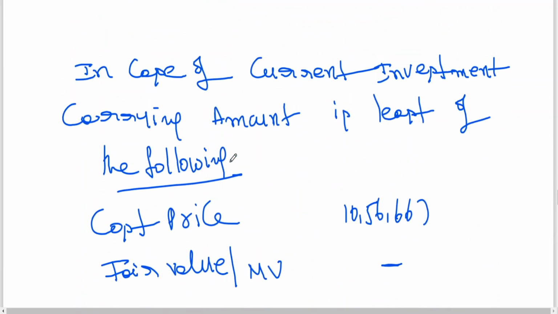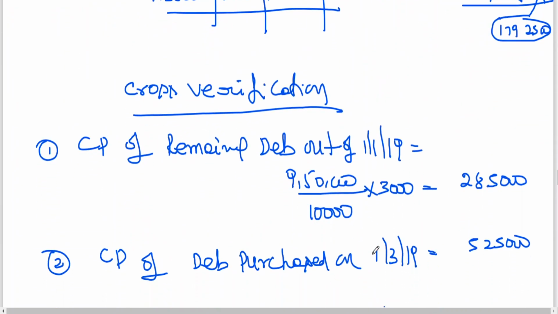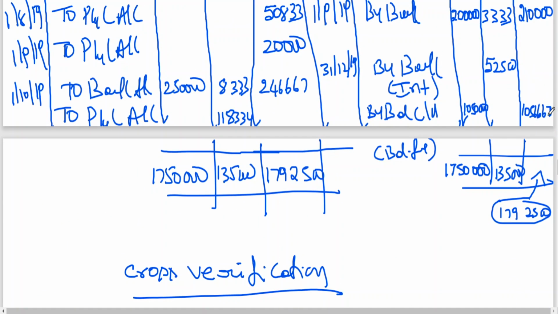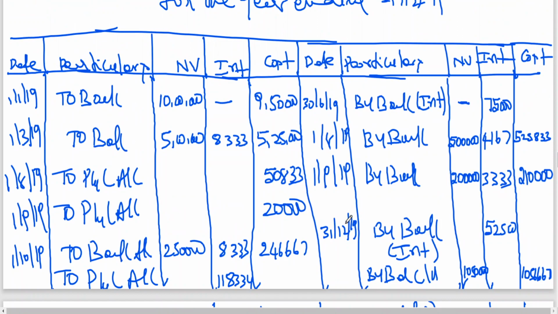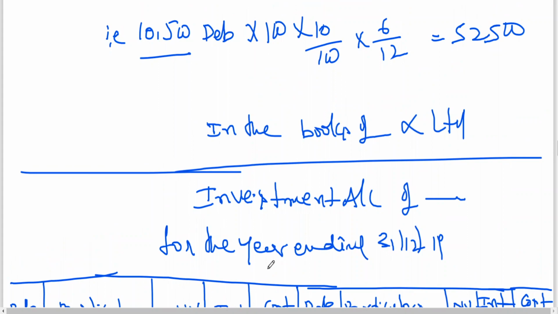So today what is that you have learned, my dear friends? When market value is lower than cost price or market value information is not given, this stuff is not needed. Directly this will become the balancing figure. Okay, I'll try to put it in the next class in a better way. Drawing the lines is a bit difficult on the screen. I can't use the scale properly. I hope you will understand it, my dear friends.